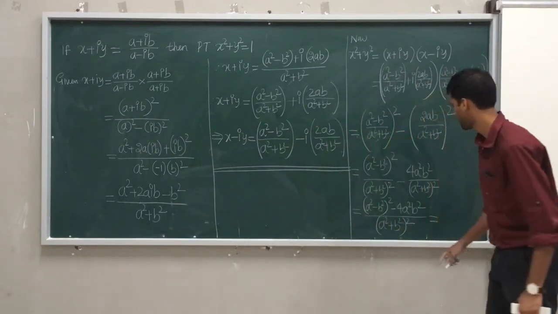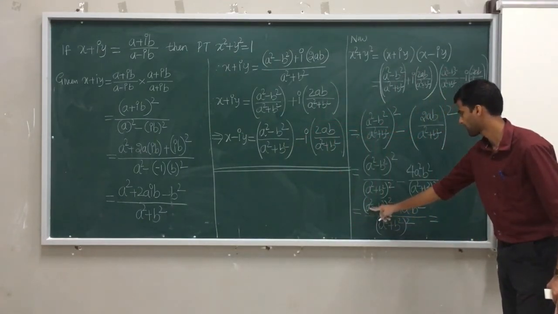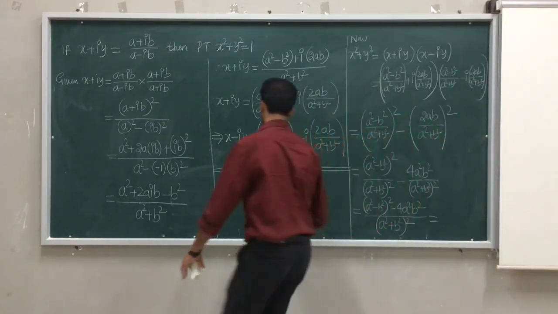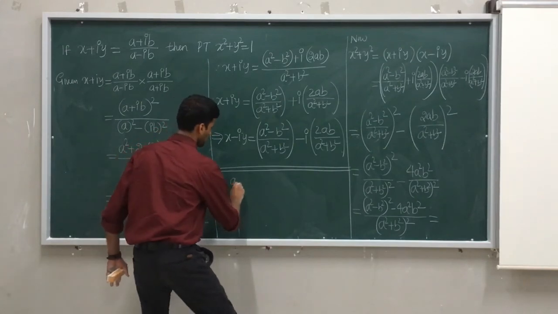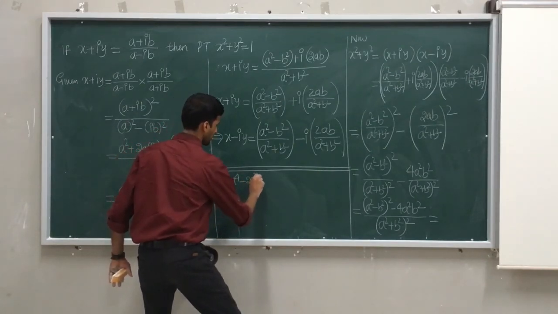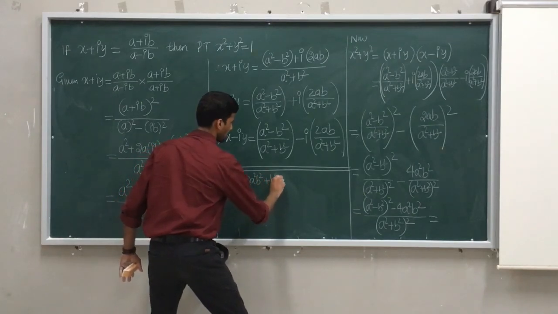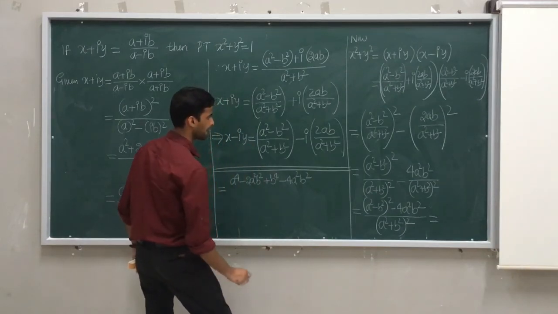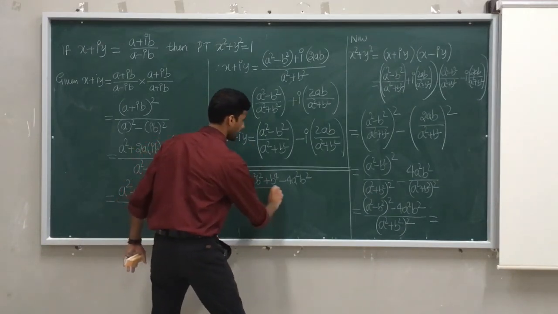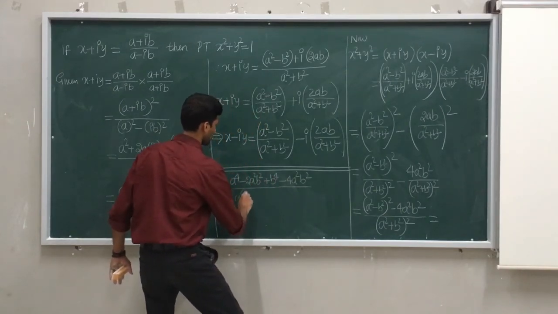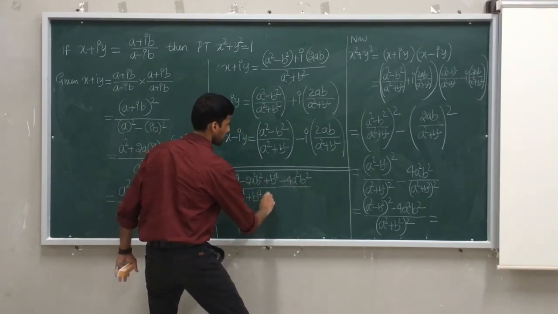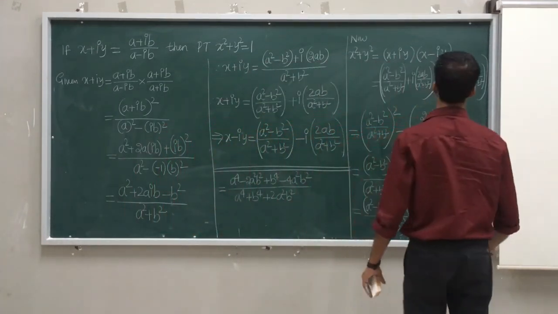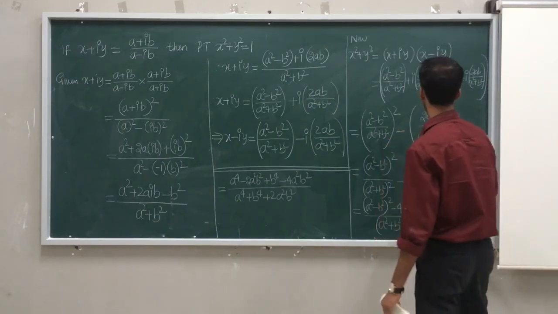So we all know that it is nothing but a square minus b square. When I expand this, the answer becomes a raised to 4 minus 2a square b square plus b raised to 4 minus 4a square b square. Then in the denominator it becomes a raised to 4 plus b raised to 4 plus 2a square b square. Just check with the sign scheme we have. So it is a square. Okay, I made one mistake.